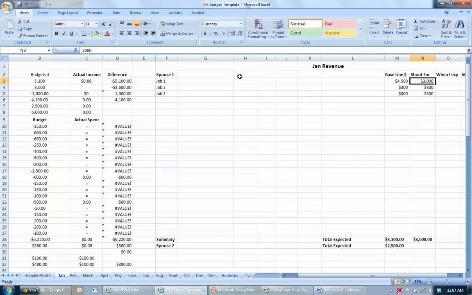Now, spouse 1 may have a higher revenue number they can put down, what they shoot for, of maybe 5,000 because of potentially overtime, which would be a higher number. But a baseline conservative number is really important, so 4,500, and then maybe there's some secondary jobs,